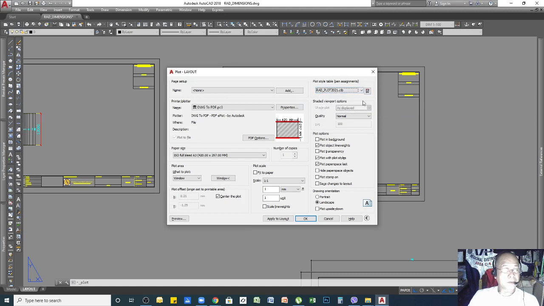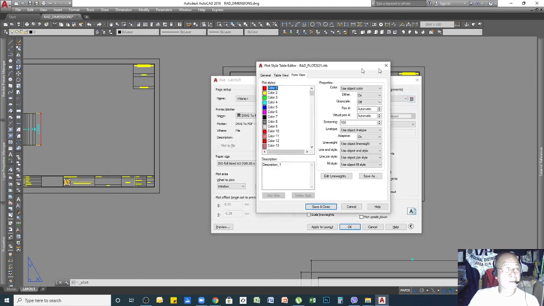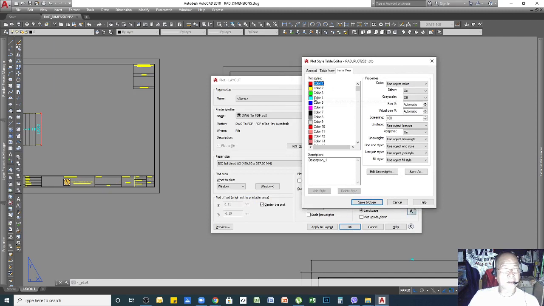Since it was created from scratch, I need to check the setup, like the colors that I'm using. So I need to check that one by clicking this one. See, this is for editing. When I go here, it will show a dialog box showing all the colors available in AutoCAD.